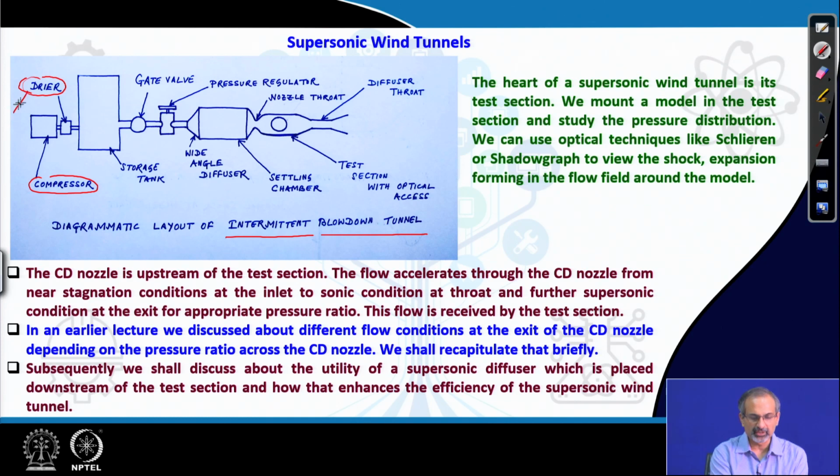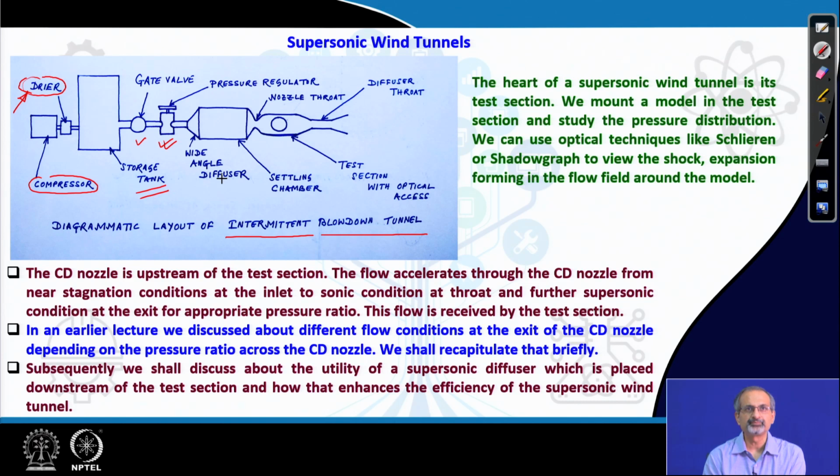So, in order to avoid that, we would like to have a dryer here, and then we store the high pressure air in the storage tank, and then when we want to run the tunnel, we operate the gate valve followed by the pressure regulator, and then we allow the flow into a settling chamber which has a wide angle diffuser. That means, you diffuse the flow across a very large area ratio, and then you allow it to stagnate